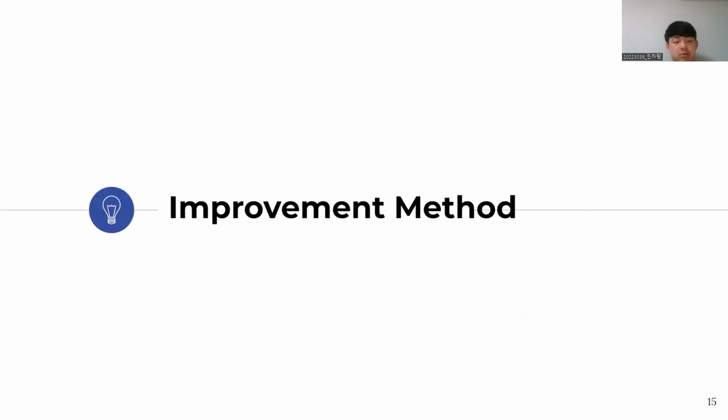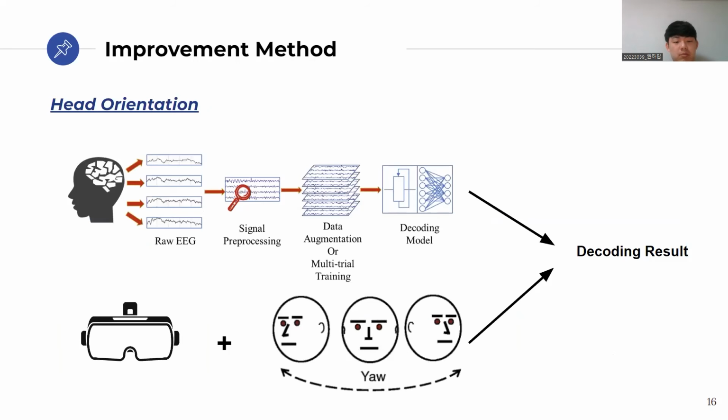And here is our plan for the improvement. We aim to improve the performance of a BCI-based quadcopter by adding extra information that might encode users' intention. While the paper we chose proposed a method that uses only motor imagery to control the movement of a drone, our proposition is that adding head orientation information of the user on top of EEG information when decoding user intention will help improve the performance of the drone control. This is based on the hypothesis that users' head orientation information will tell us, or at least give us a hint, about where they're intending to move.